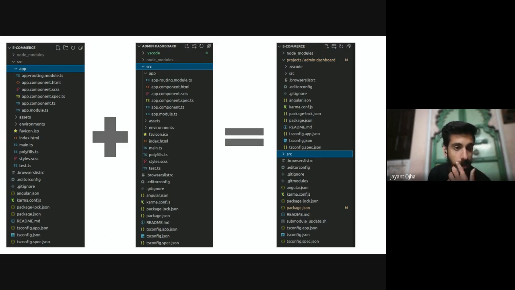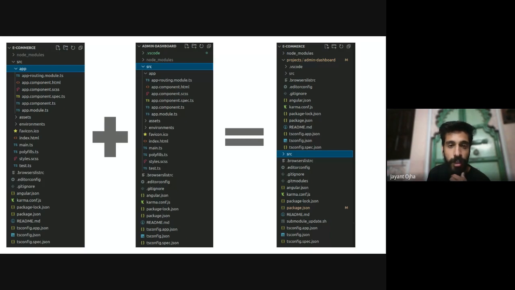These are two different repositories, and I want to merge these two different repositories into the same repository. So I'm going to keep the e-commerce application as the base repository and the base application, and then I'm going to add the admin side repository as a submodule into